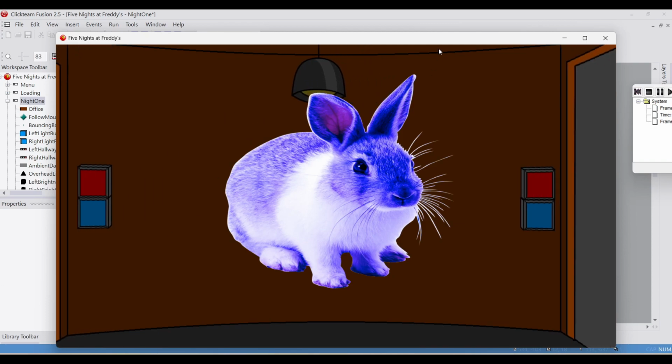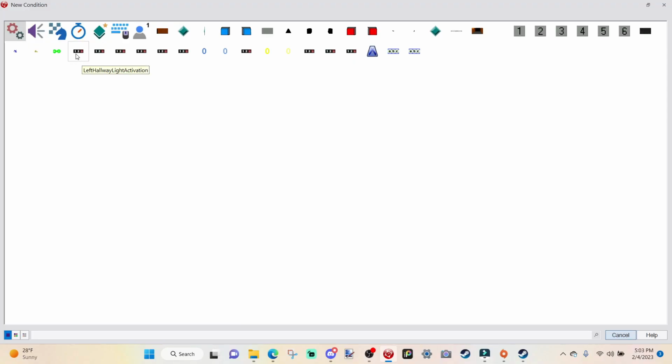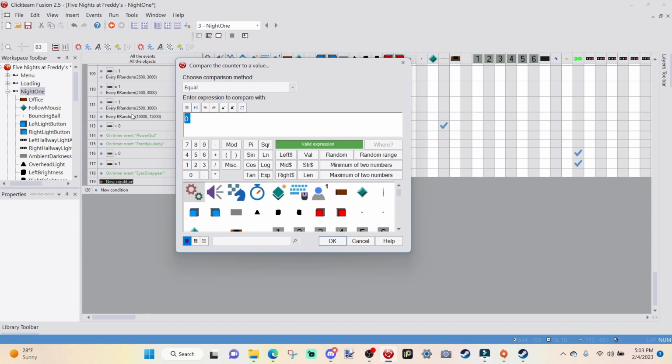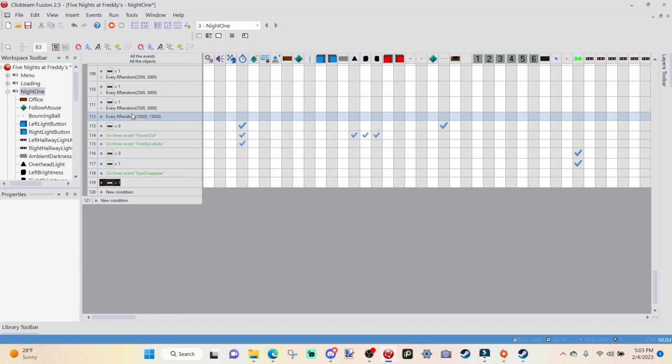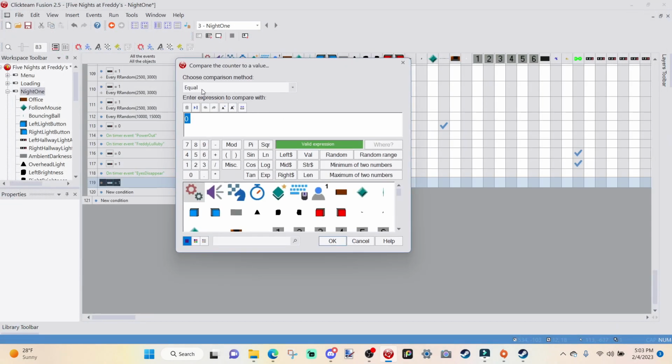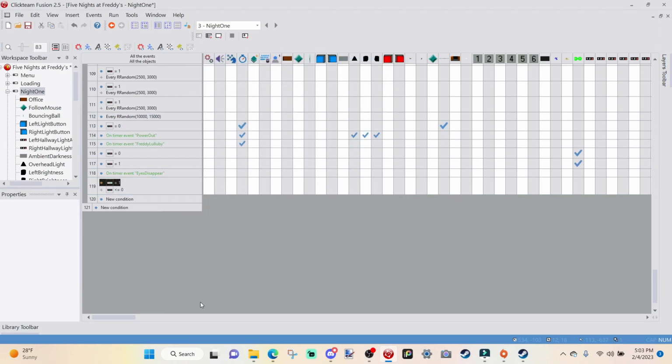Go over to left hallway light activation, compare the counter value. When it is equal to 1, we're going to right click, insert, and go over to power, compare the counter value. When it is lower or equal than 0, next, after we got that done,